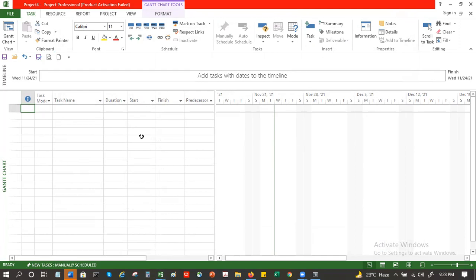You saw that screen which was asking you for the project information. Start date, end date, calendar, etc. So that is how the default behavior of the tool can be controlled. Okay.